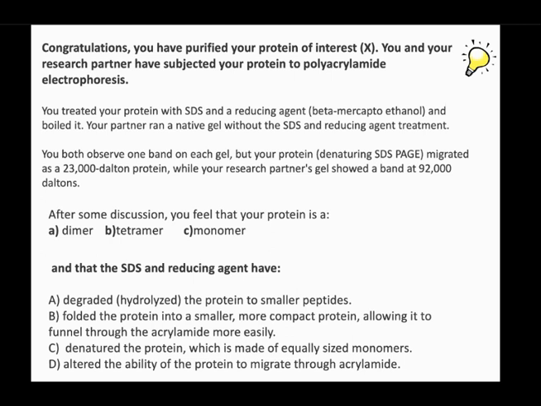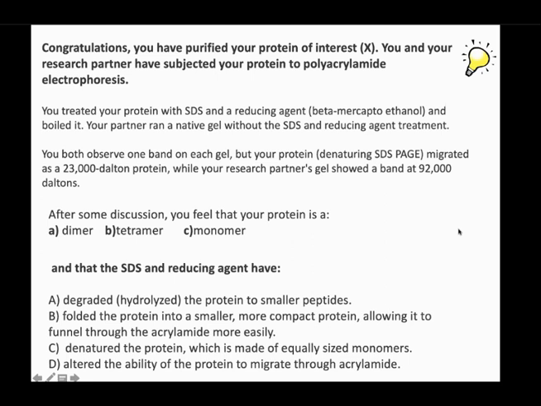Then you run the gel, and it turns out that you observe one band on each gel, but the protein that you treated with SDS migrates at 23,000 daltons, while the partner's, right, you both run a gel, but one is SDS-PAGE and the other is just PAGE, shows a protein around 92,000 daltons. So after you discuss that, you see the different patterns in the gel, you have to decide whether the protein you were looking at in the lab is a dimer, tetramer, or monomer. And then the SDS and reducing agent have, and then you have to select